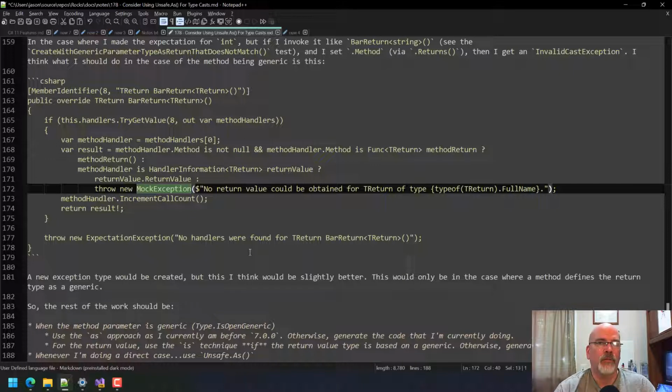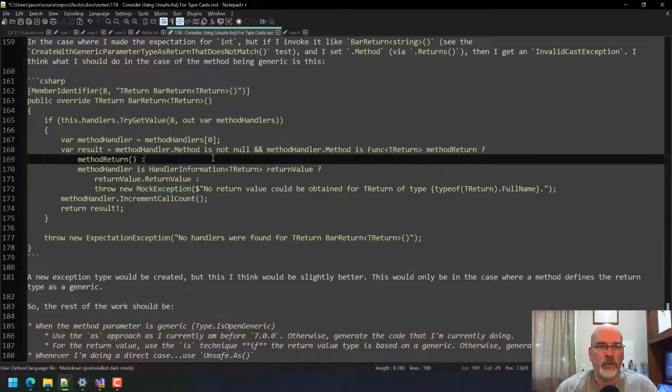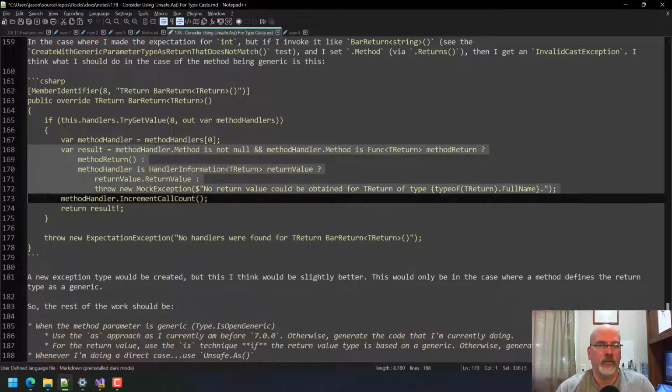Otherwise, keep the code in that I'm doing with a direct cast or change it to unsafe.as. Okay. For the return value, if it's the same type, then do this technique that I'm saying here. Okay.